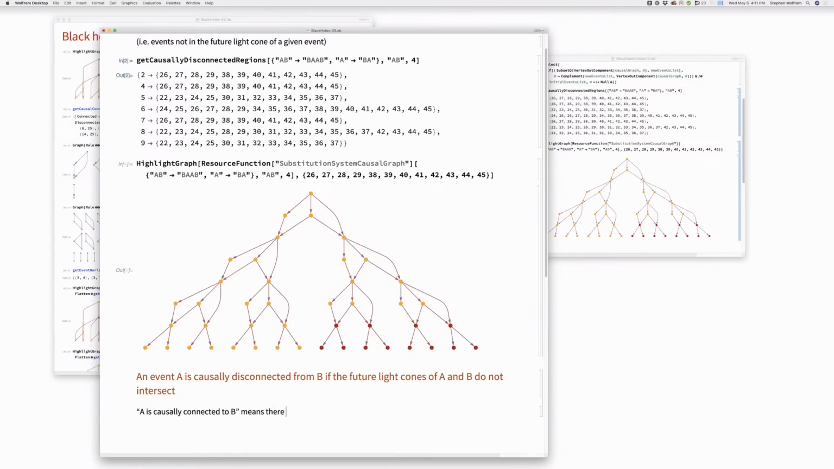Means there is a path from A to B in the causal graph. Right, but what we actually care about is which things will be in causal contact. So for the black hole case, the thing you have to be able to do in order to compensate for these